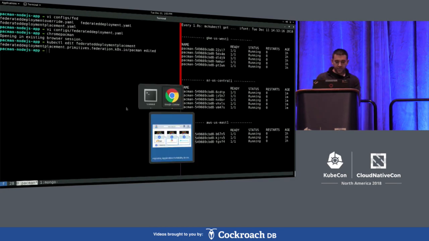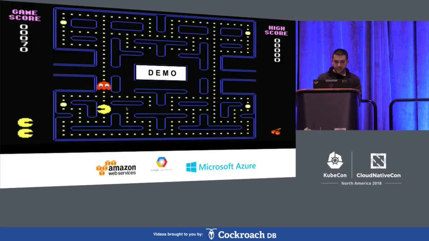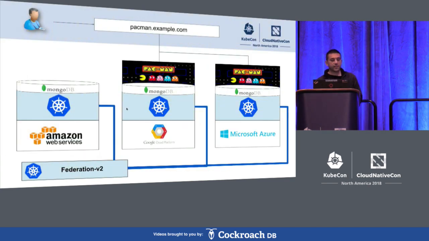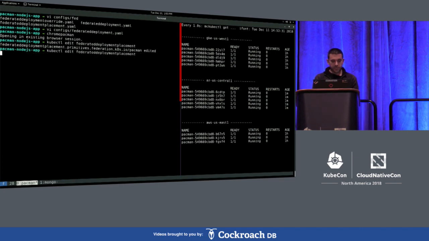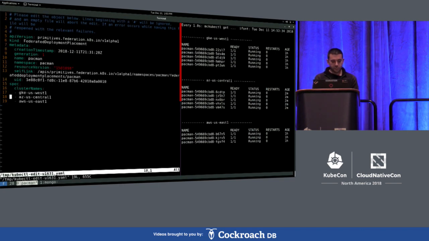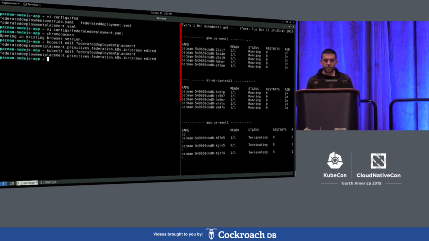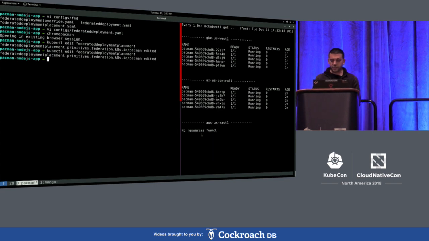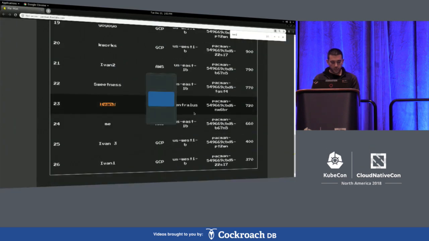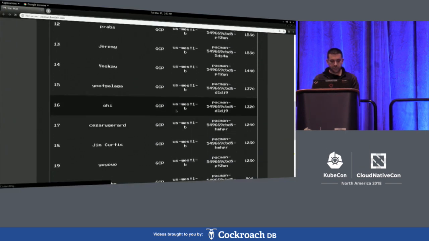And so let's go ahead and decide, for whatever reason you have, we want to migrate away from AWS and just be running on Azure and GCP. So similarly, as you saw earlier, let's go ahead and just remove AWS. And you can see on the right there, the Pac-Man resources are gone from AWS. The load balancer picks up that change. And we can come in here, and if we hit refresh,